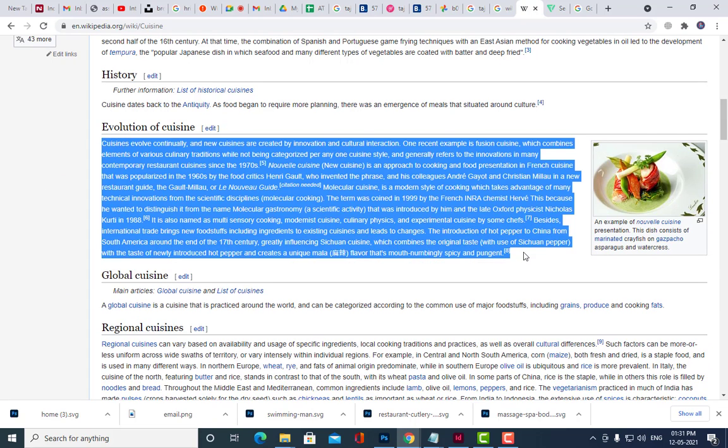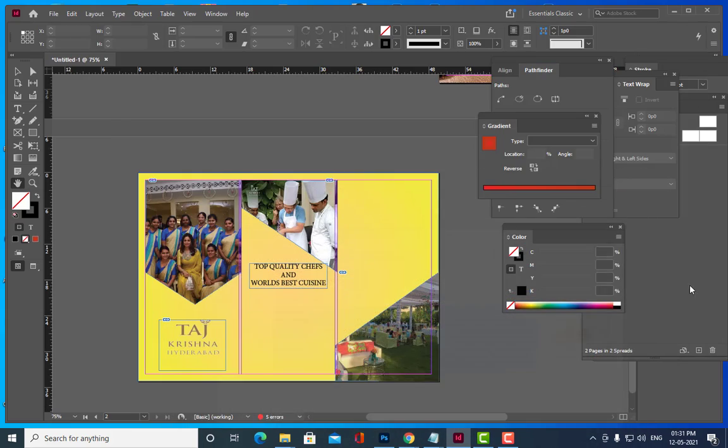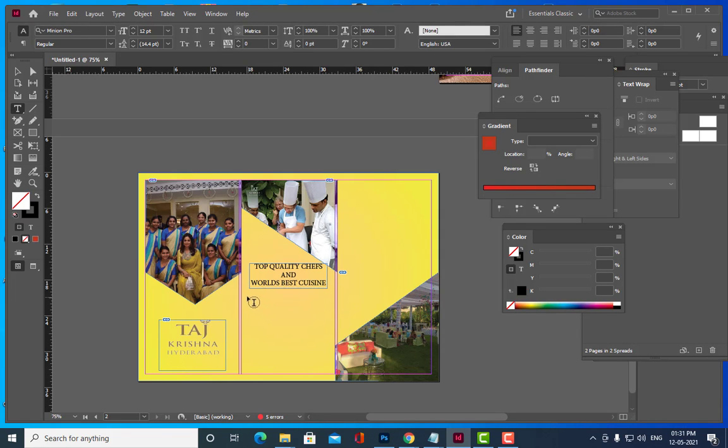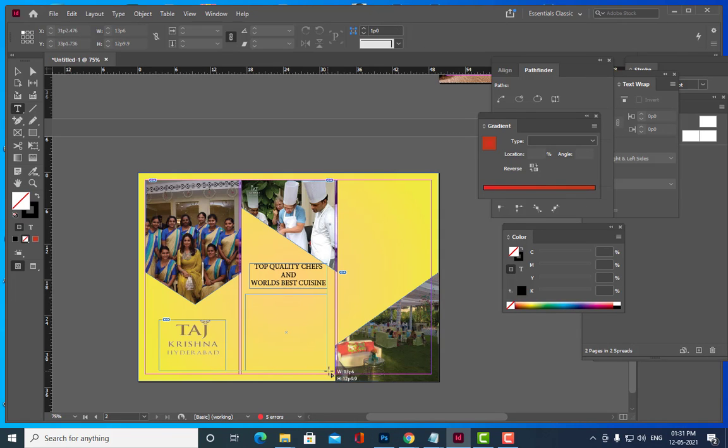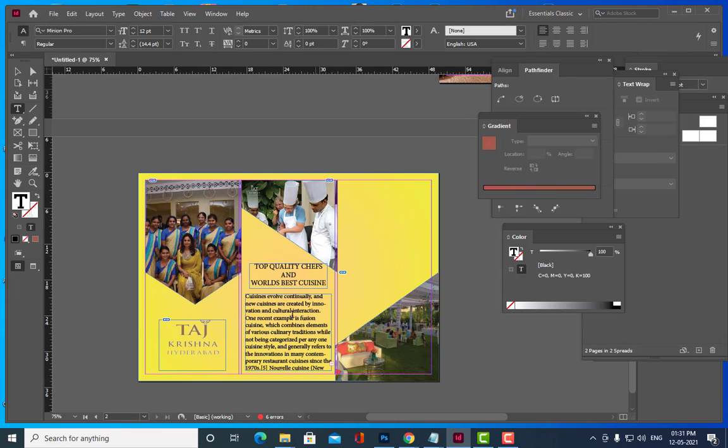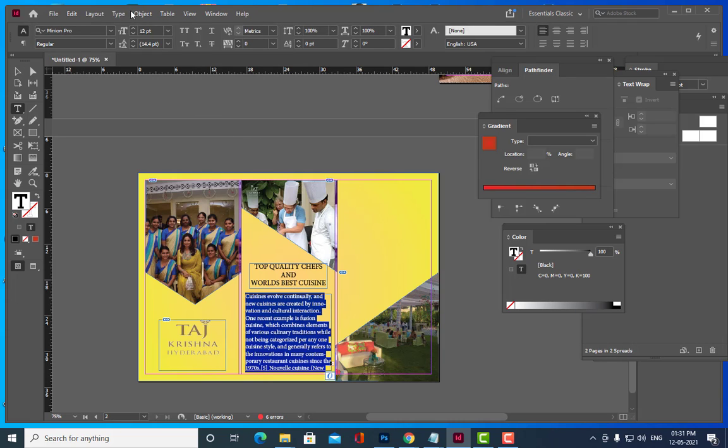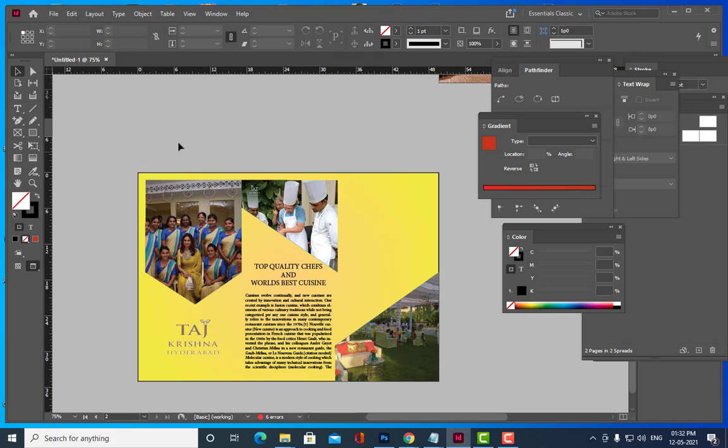Just copy this. Okay, I'll just paste it. We'll try to reduce the size. I have not created any styles for this, but you can create paragraph styles and make some nice things.